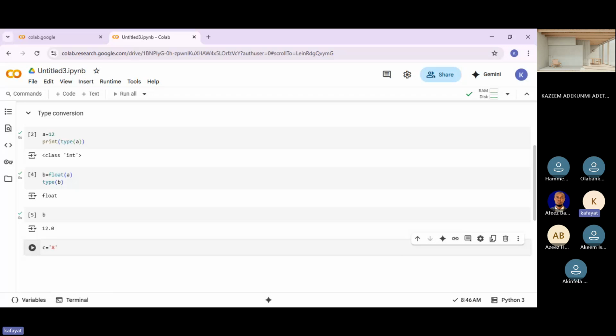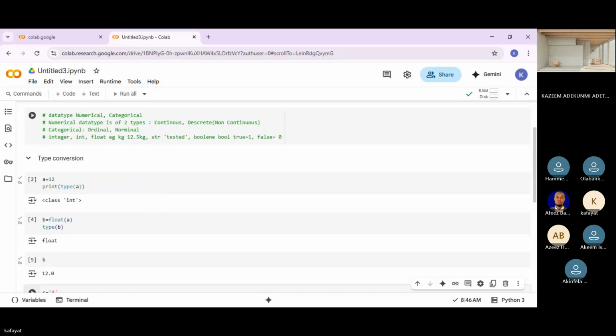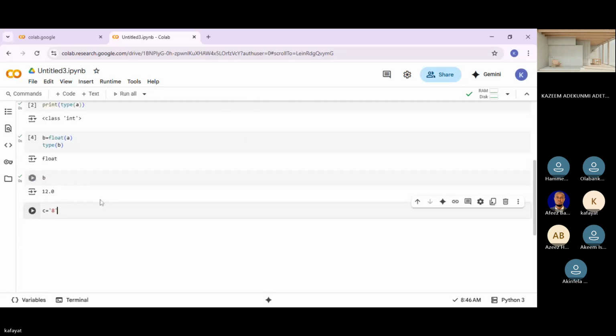But is this 8 a number from the definition I gave earlier? No, it's a text. This 8 is a string.